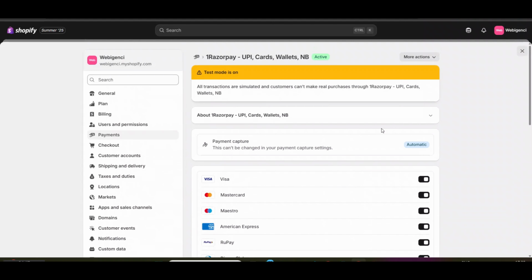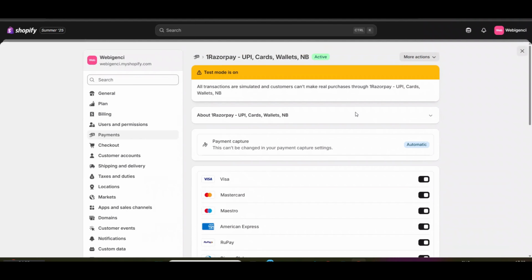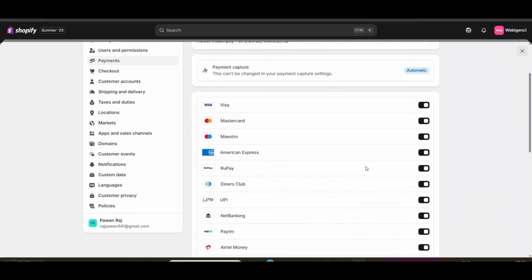Then you need to link it. Here it will show you to link it. I have already linked it, that's why it's not showing. You need to link your account easily by just logging in. And I have created a specific video on how you can link Razorpay with Shopify. I will add the link in the description. Through that you can get it. So that's how easily you can add any payment gateway.